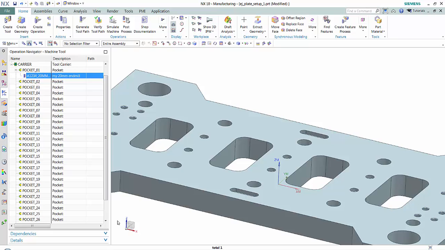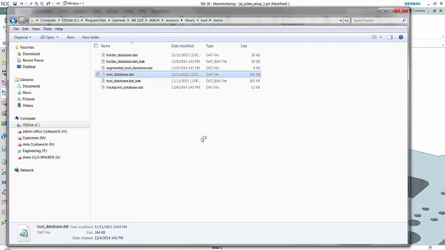Next, let's look at deleting a tool out of the tool library. Notice the path to get to the tool library. I went to C drive, program files, Siemens folder, NX10, mock, resource, library, tool, and then the metric folder. So now we're looking at the metric folder. So what I'm going to do is simply right click on the tool database.dat file